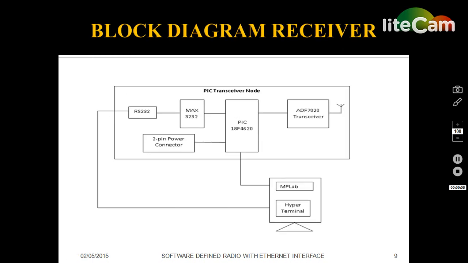Next is the block diagram for the receiver section. Here also we have the same PIC transceiver node with the PIC 18F4620 as a microcontroller and ADF7020 as the RF transceiver. We have to program this section using MPLAB, and we have to execute the same section using the MPLAB IDE. Based on the transmitter and the receiver frequency settings, this module can receive the data transmitted by the transceiver node, and the same can be seen in the hyper terminal of the PC using RS232